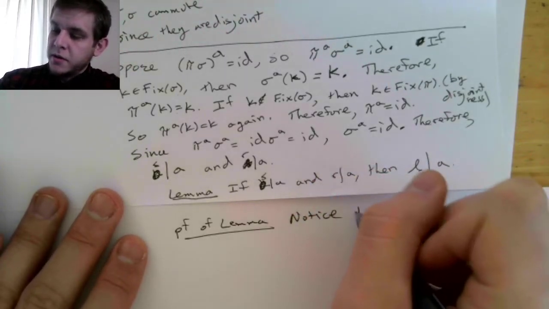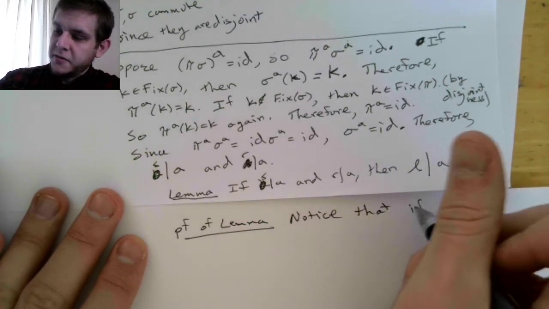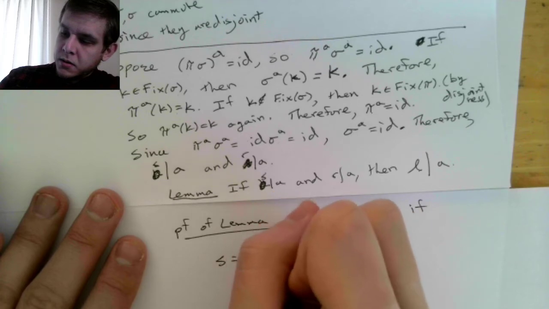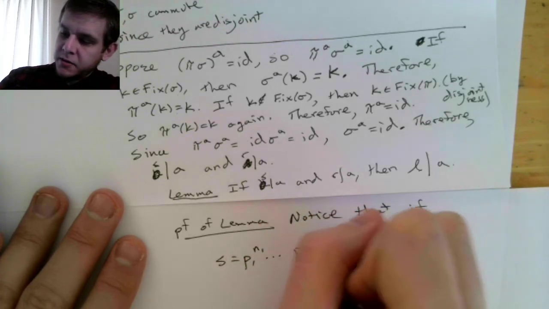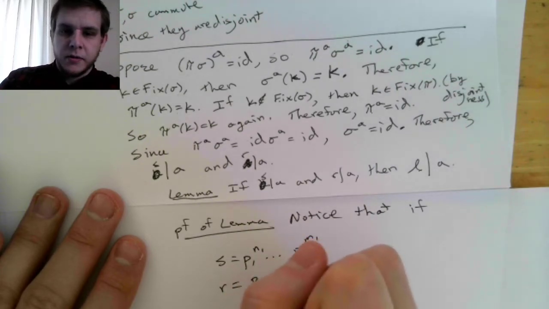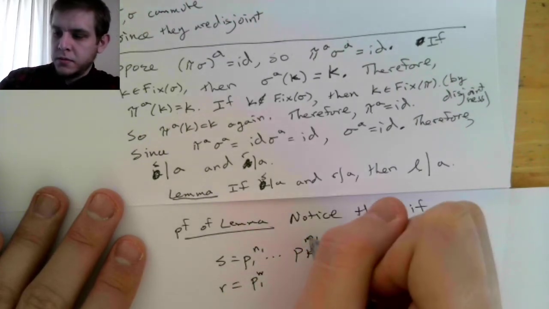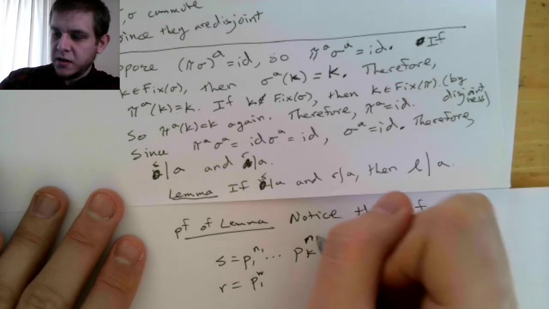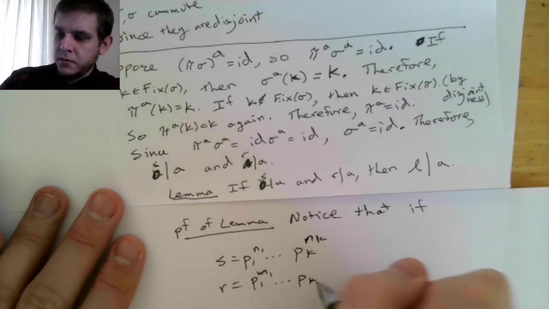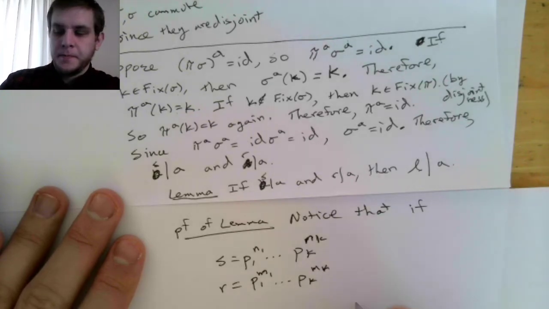Notice that if S is some product of powers of primes, and so is R, so this is N1 through NK, M1 through MK,